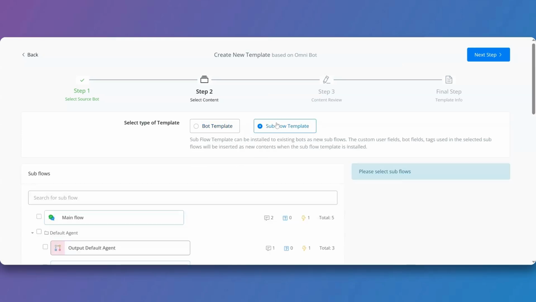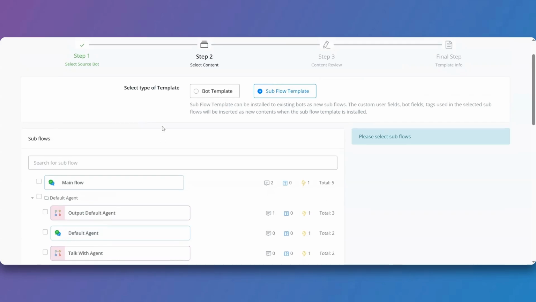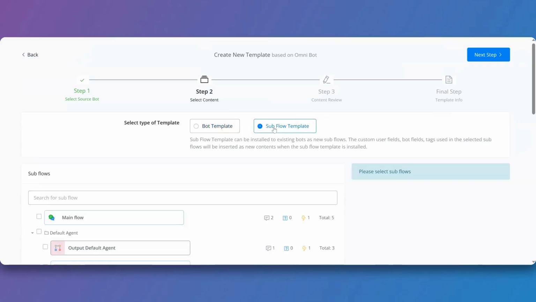And the second option, we have subflow template. This only takes specific subflows that we are going to select, and which can be simply installed in the existing bot without overriding the existing bot. Once you have chosen the content type, either the bot template or the subflow template,